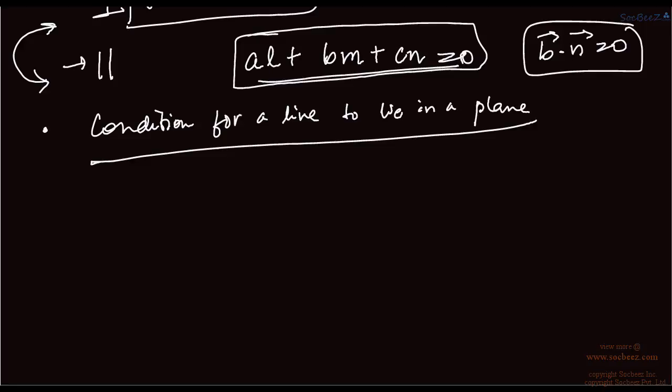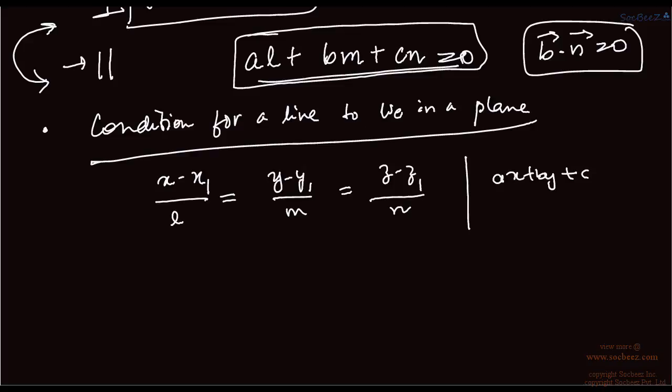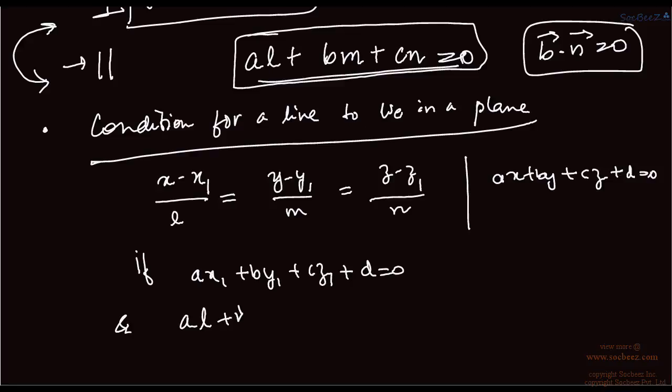First of all, let's say the Cartesian form of a line is (x minus x1) by l is equal to (y minus y1) by m is equal to (z minus z1) by n. This would lie in the plane which is given as ax plus by plus cz plus d is equal to 0. In this plane, if ax1 plus by1 plus cz1 plus d is equal to 0 and al plus bm plus cn is equal to